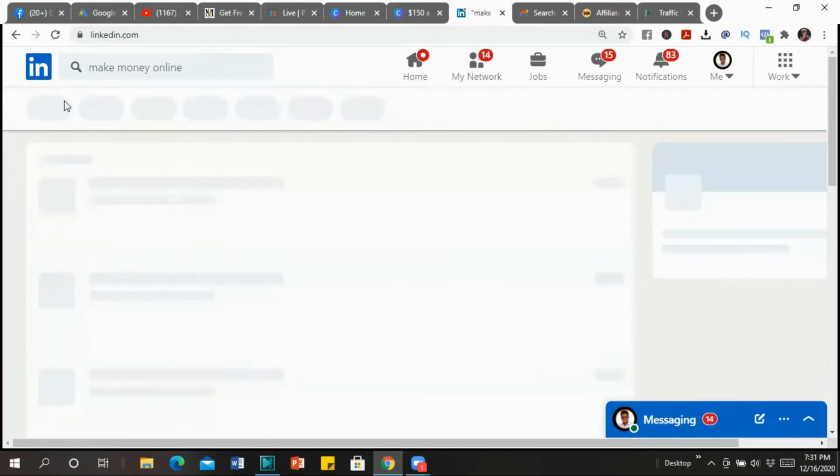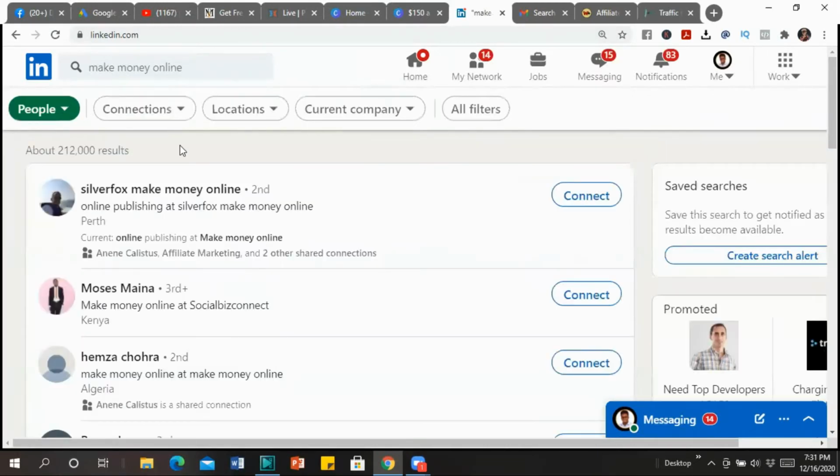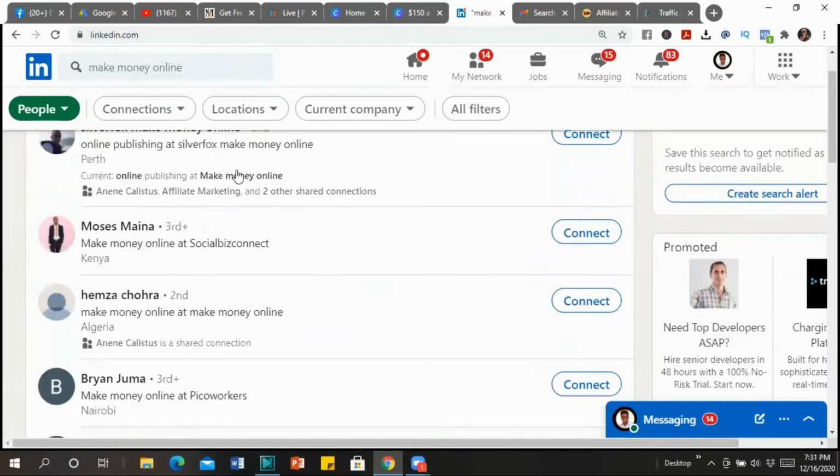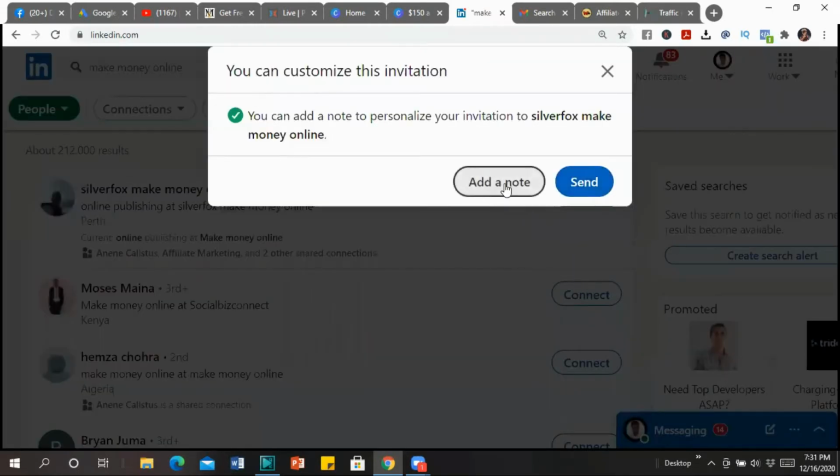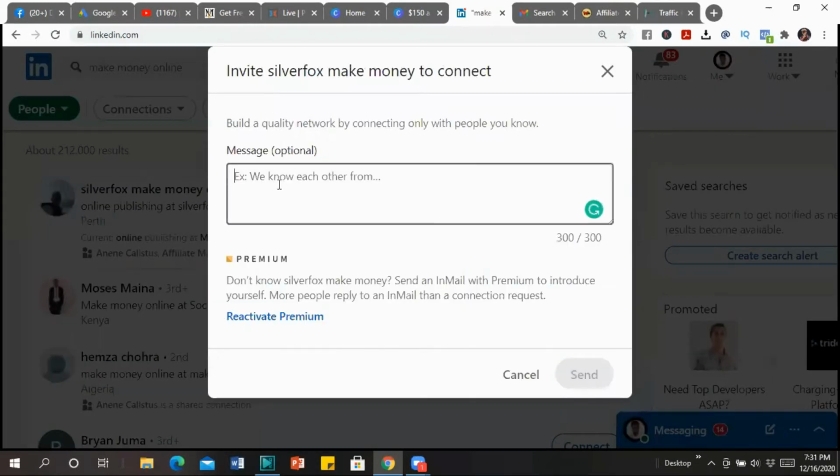So let's click on people. When you take a look at people, we have 212,000. This is free traffic that you are actually able to use right now. And the reason you understand these people are interested in making money online, you can see online publishing at Silver Fox Make Money Online. So all you just need to do is come here and click connect. Right here you can add a note if you want. For example, for me, I'll tell this person,